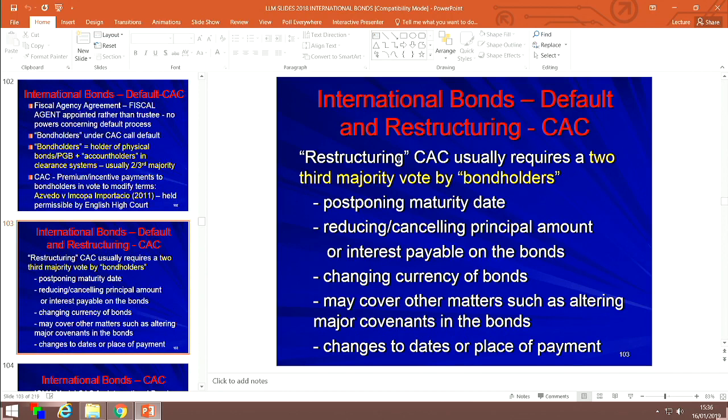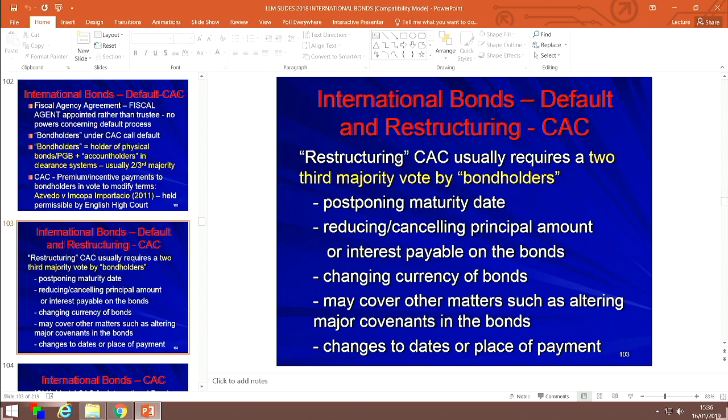Now, that's the 2/3 majority for the calling of a default. It also means that in relation to other events contained in the bond instrument, such as a restructuring, a similar 2/3 majority is required by bondholders. Restructuring is defined to cover the following items: any postponement of the maturity date of the bonds, any reduction of the interest rate payable on the bond, any reduction of the principal amount payable on the bonds, cancellation of interest payable, cancellation of principal payment,